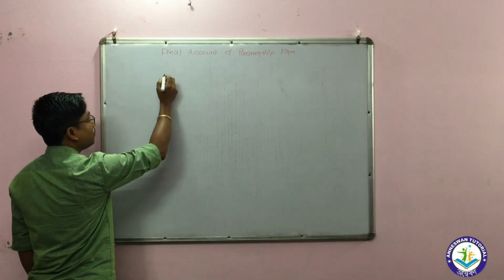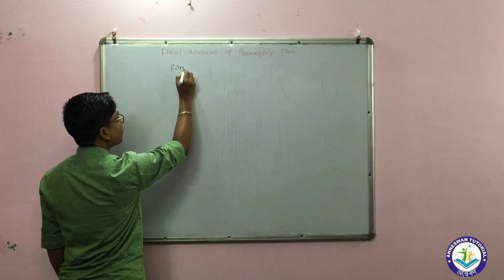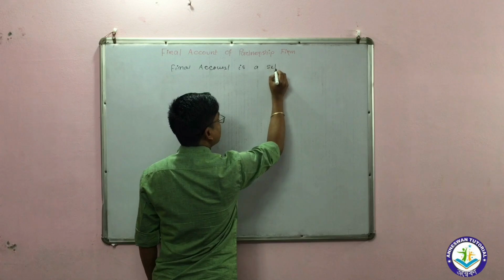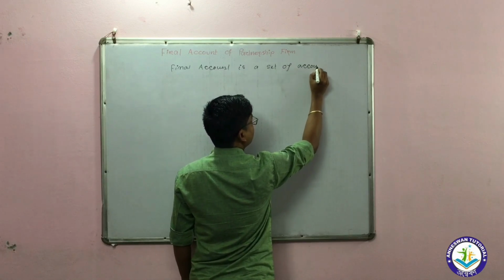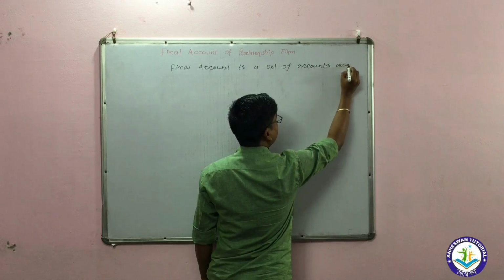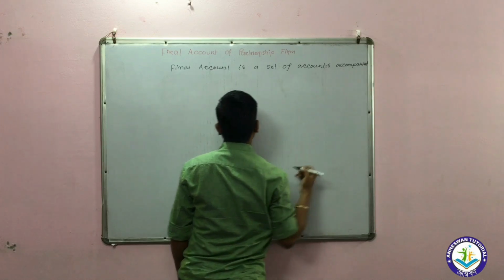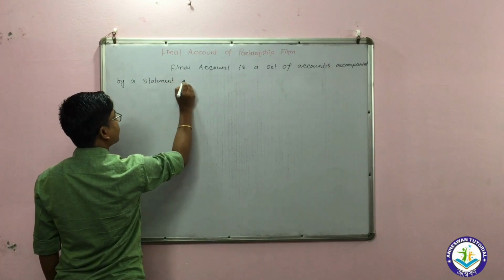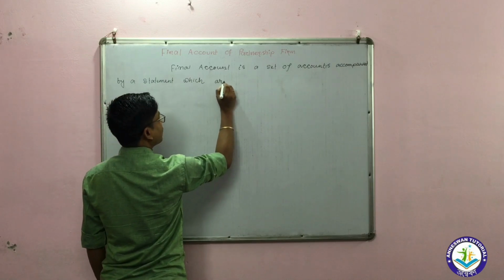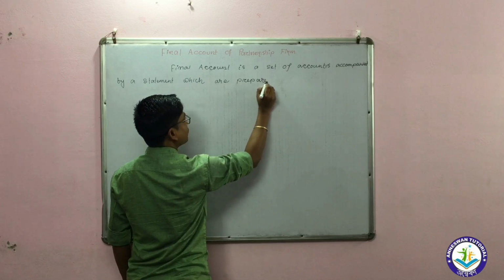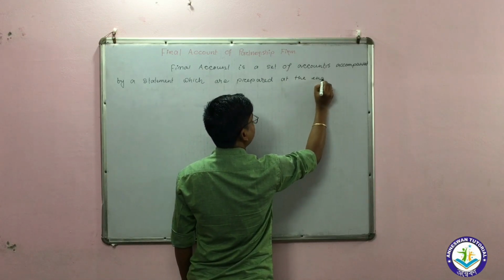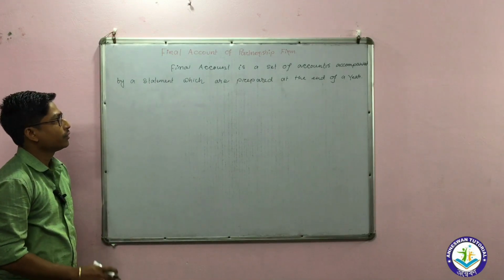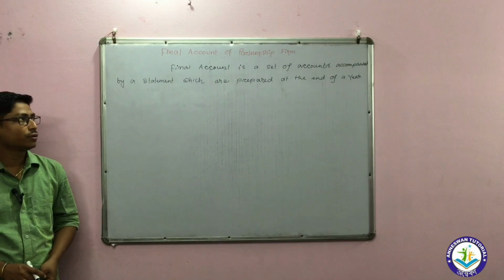So first try to understand the meaning of final account. Final account is a set of accounts accompanied by a statement which are prepared at the end of a year. মই কি লিখিছো: final account is a set of account accompanied by a statement which are prepared at the end